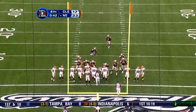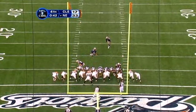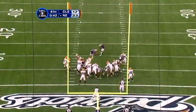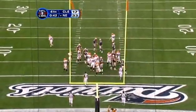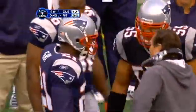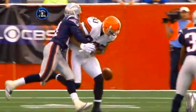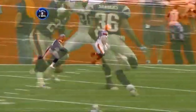Well, that was no accident by Randall Gay. He saw the football and he intentionally tried to knock it out, and he did. A forced fumble, a recovery, and a touchdown. Triple header. Right there, look at that slap motion by Randall Gay. And then he just...